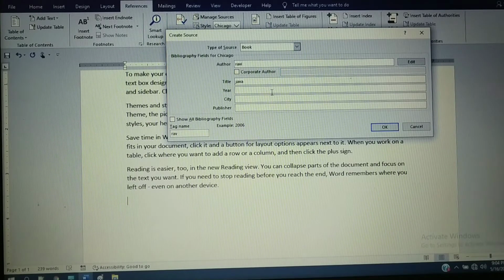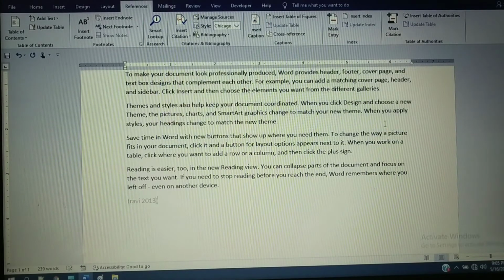Next, the year in which that book has been published, that you need to write, and the place, Bangalore. And here you need to select the publisher of that book and click on OK to insert.